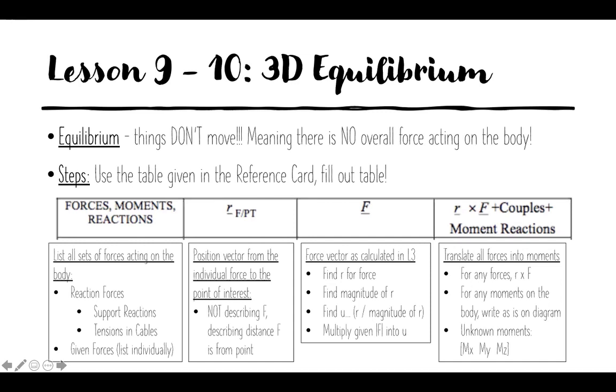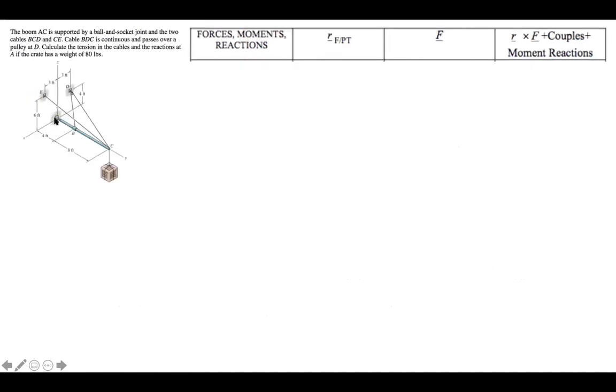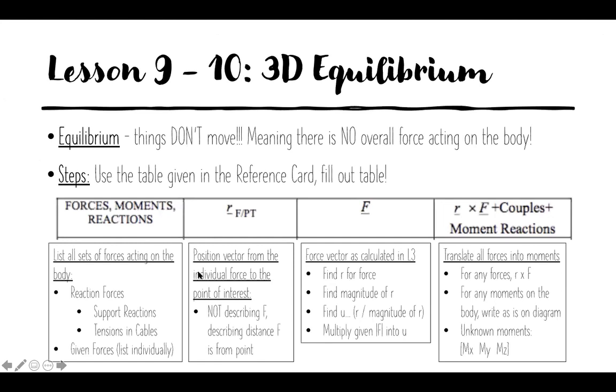Then for each one in the left column, you find a vector from the point that you care about to any point on the line of action of the force. When I say the point you care about, in general, that's the point at the origin, or the point that has the most unknowns. So that would be here because it's at the origin. That would be here because it's got the most unknowns. It's usually the point that the problem labeled as the origin, because there was a reason it did that. So it's generally from the